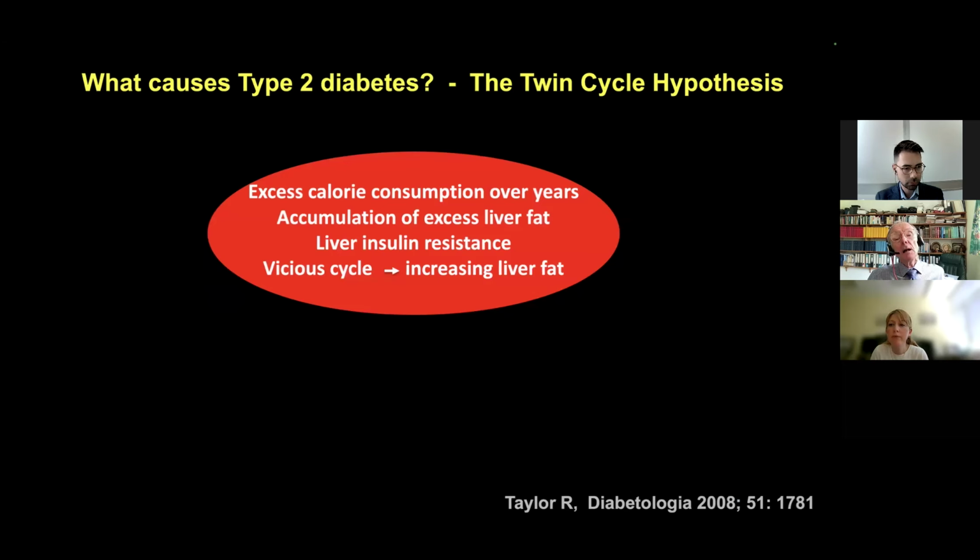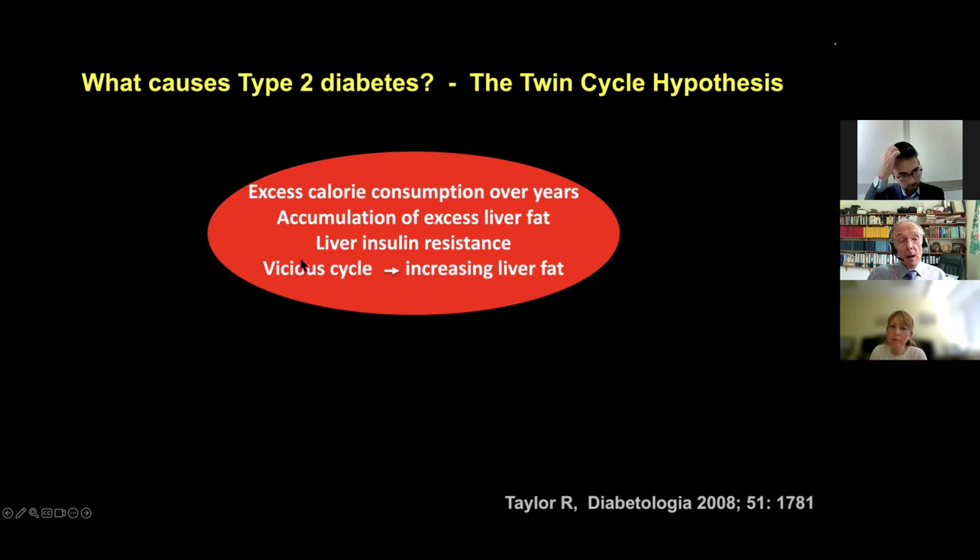Well, putting all of this together, thinking about these issues as I cycled across the town moor every day, the twin cycle hypothesis gradually came into being. And it went like this. Excess calorie consumption over many years would cause accumulation of excess liver fat, causing insulin resistance, because we had shown